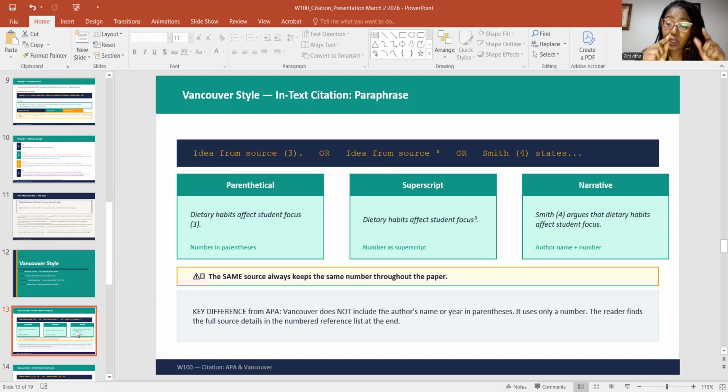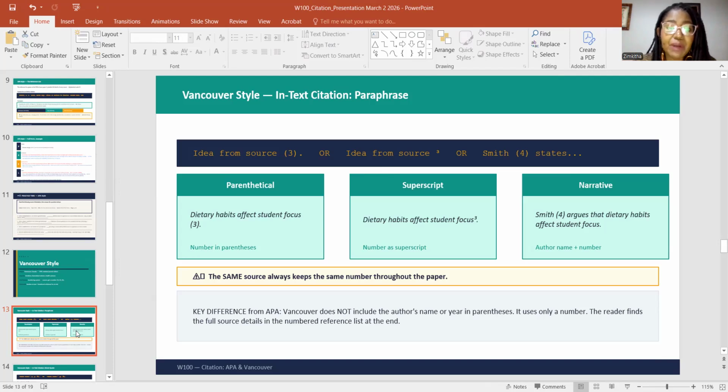Because the number that you put in the in-text citation needs to correlate with the number in the reference list. So that's where the number comes from. There's no right or wrong. You just need to pick a number and be consistent throughout. That's it. Do not swap the numbers and the sources around. It needs to correlate. So coherency is very important here. So how do we do it?